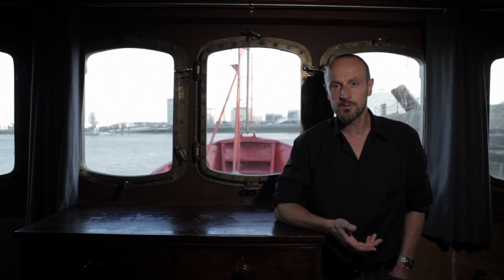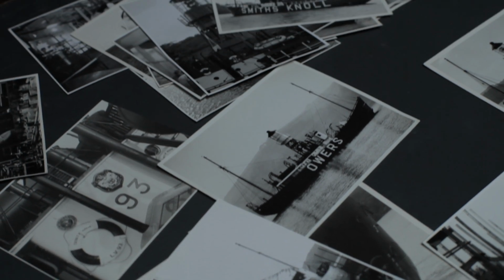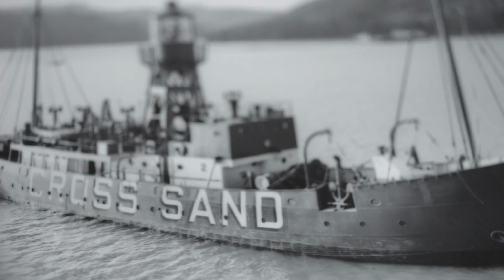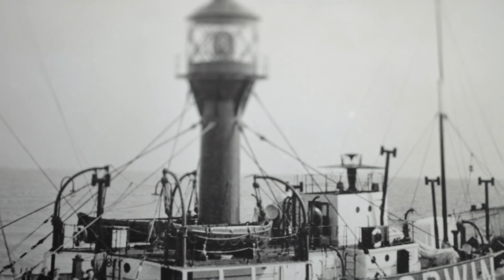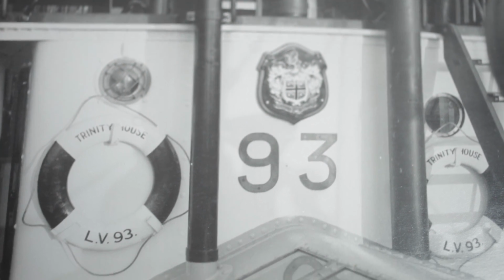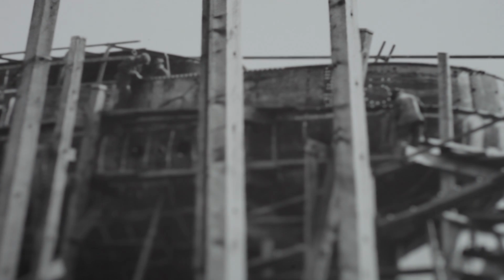Light vessels are floating lighthouses. They were built for the kind of place where it was not possible to build a conventional beacon. They would be marking places like dangerous sandbanks out at sea or shipping lanes so that vessels could make their way safely into harbour. Lightvessel 93 is one of many built for Trinity House by Philip and Son in Dartmouth